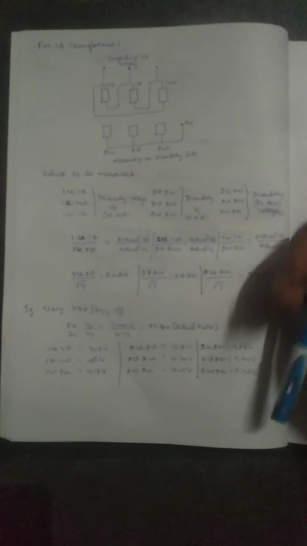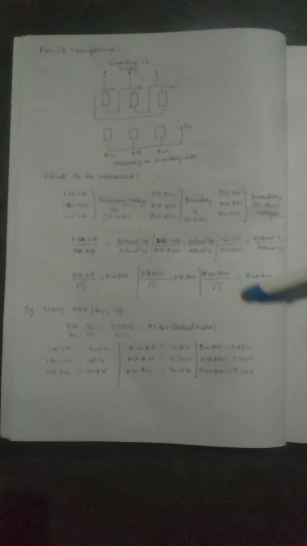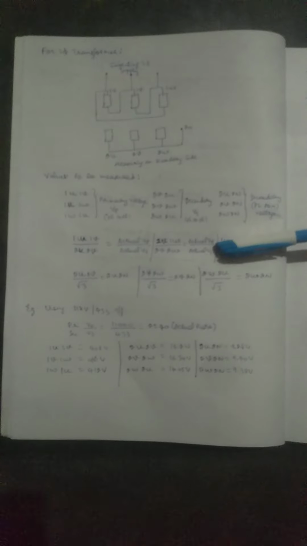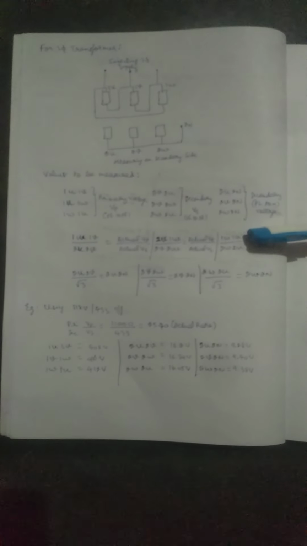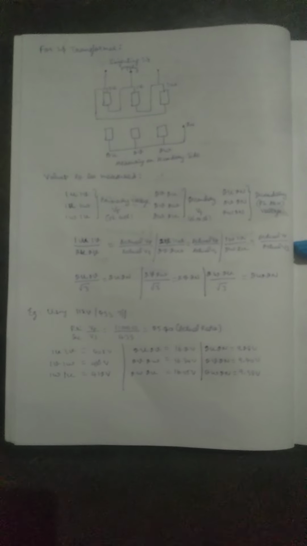Then the actual Vs by Vp, normal formula, which means as I said before, V primary divided by V secondary is your measured ratio value. So 1U 1V divided by 2U 2V, then 1V 1W divided by 2V 2W, then 1W 1U divided by 2W 2U. So these three need to be measured and calculated.